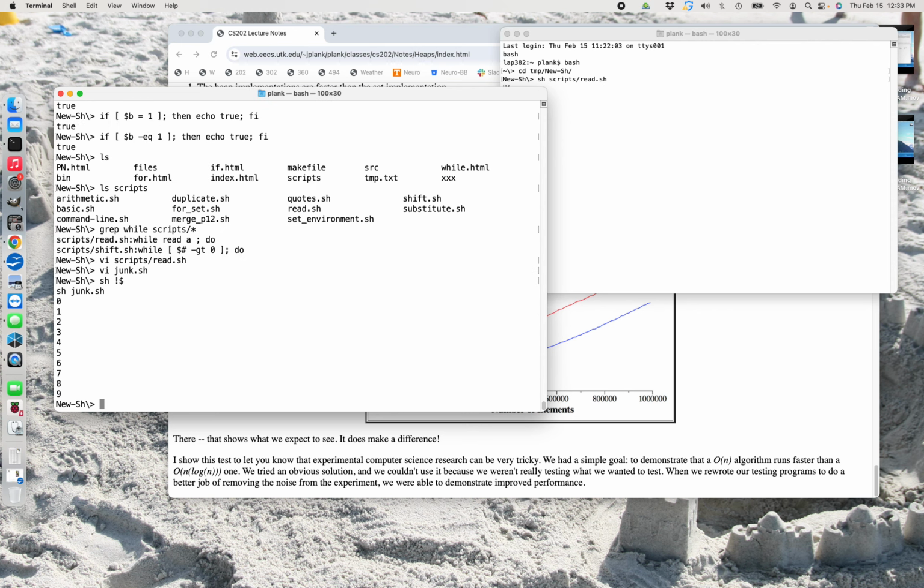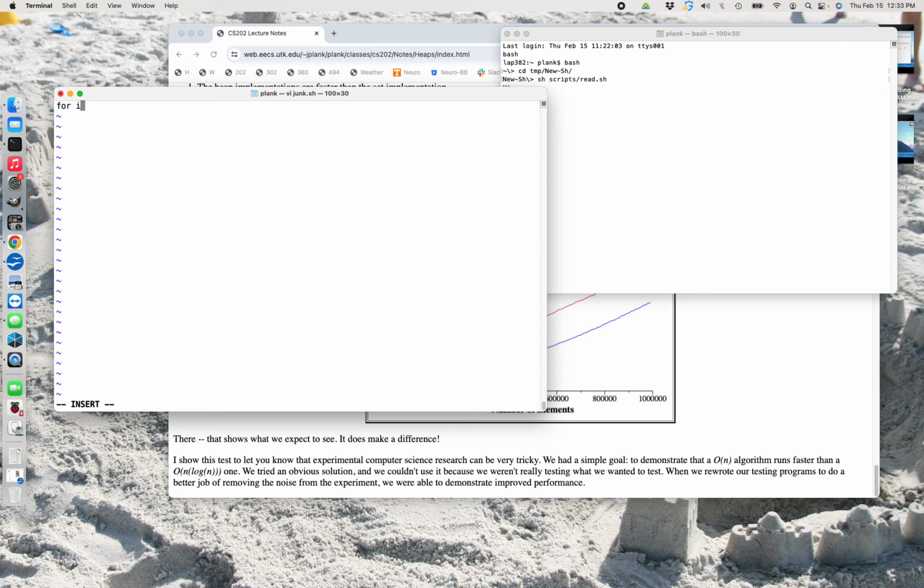Now, for loops. For loops work in a couple ways. One is you can say for i in a, b, c, d, e, f, g, do echo i. That's a for loop that's now going to run through, setting i to a, b, c, d, e, f, g. Okay. So this is often nice, right? If I could say for i in ls, right? And now it's going to do this for every file in my current directory.